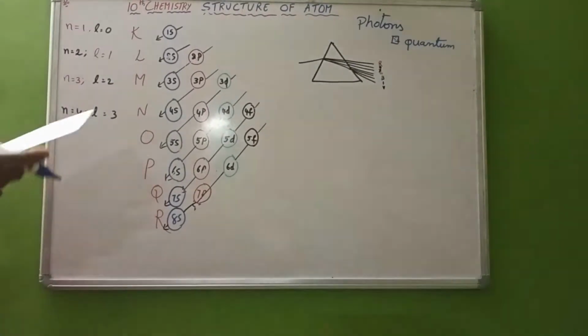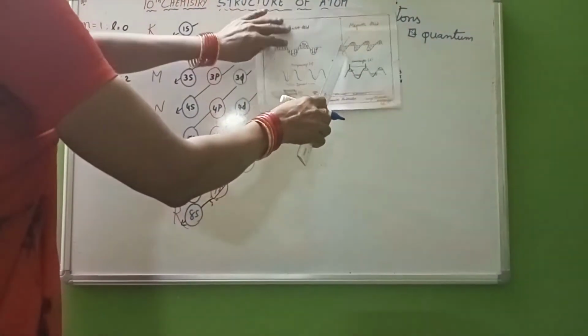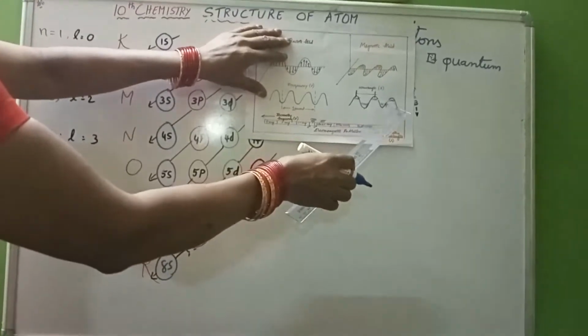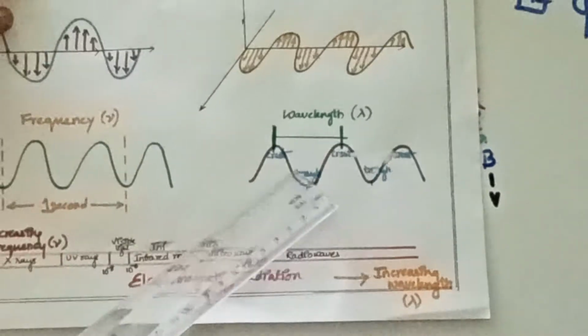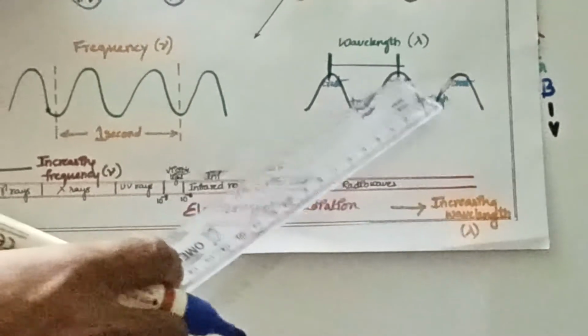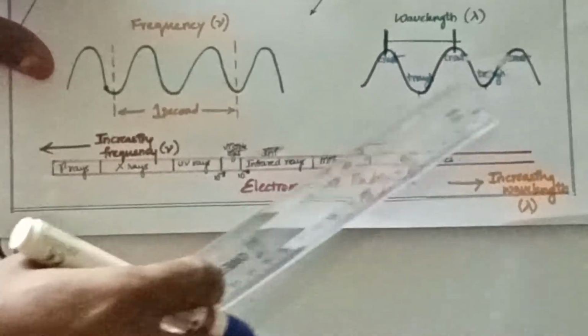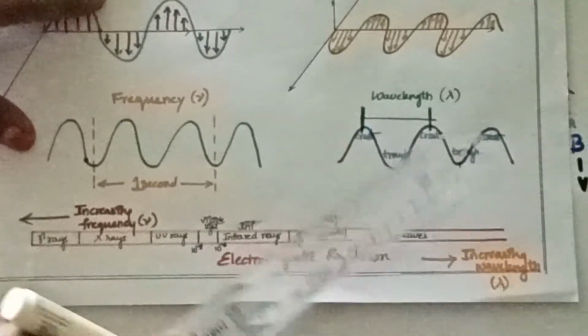So here let us see how light propagates. This is the wave, and we are able to find some ridges and grooves here. The uppermost parts we call crests, and here troughs. So wavelength is nothing but the distance between two successive crests. Also, in between these two points we get the wavelength. The distance between the center point of this and here also gives you the wavelength.